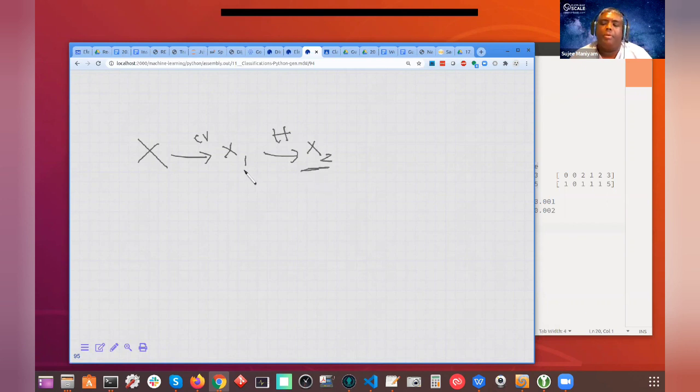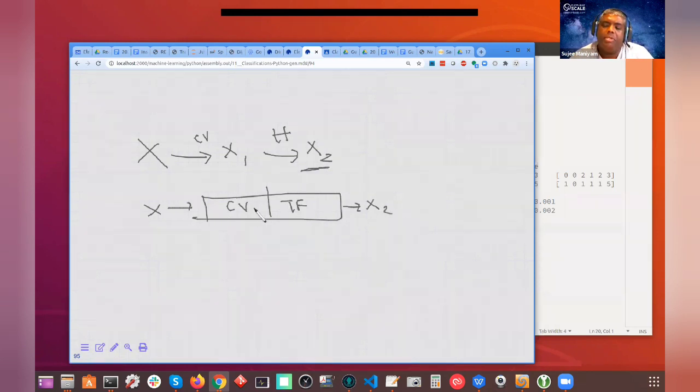Rather than doing this one by one, we can put these algorithms into a pipeline. This is my count vectorizer, and here's my TF-IDF vectorizer. I feed X into the pipeline, and out comes X2. Scikit will execute each stage in sequence. The first stage takes X as input and outputs X1, which is fed as the input to the next stage, and its output is X2.